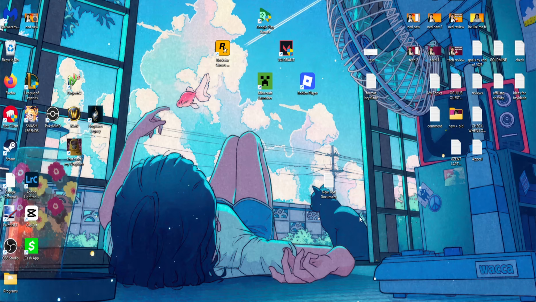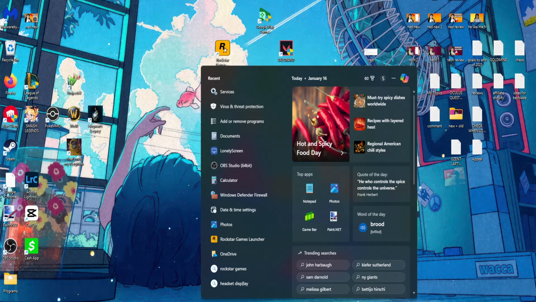How to fix Rockstar Games error 1000.7. So the first thing that you need to do is open up your computer search, and you want to